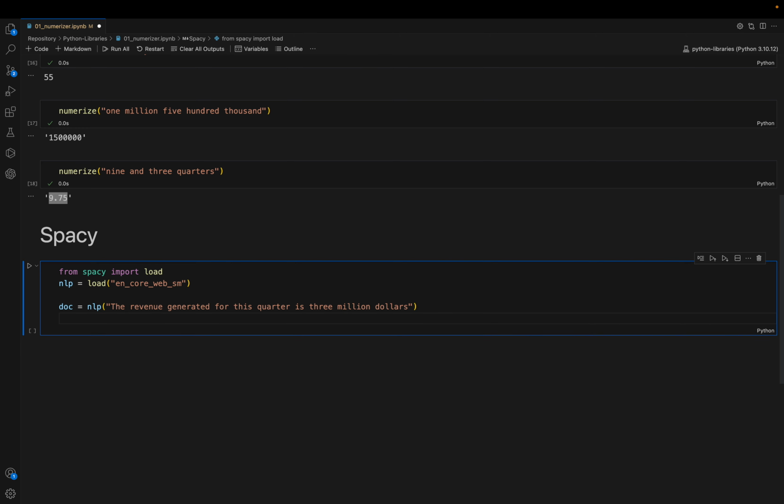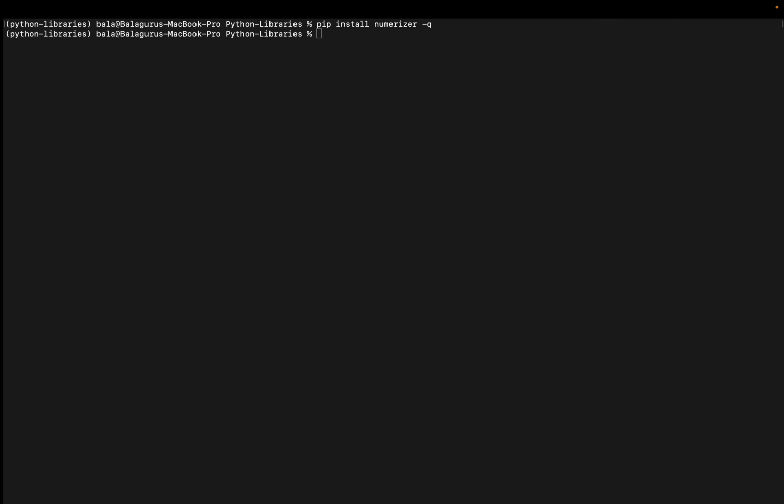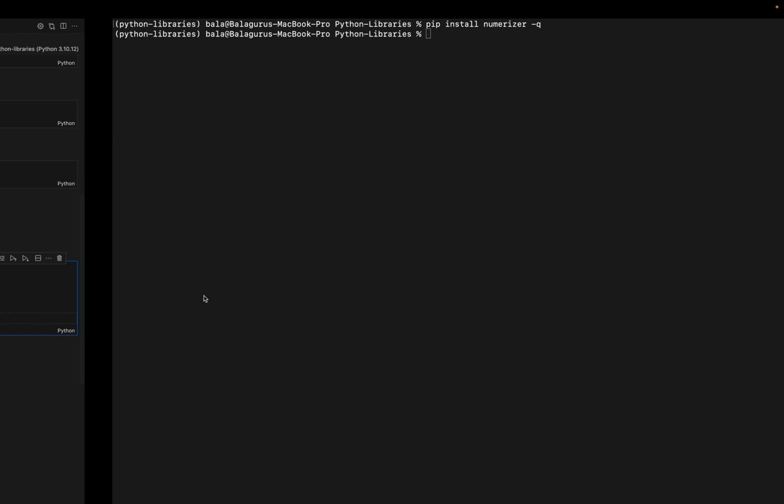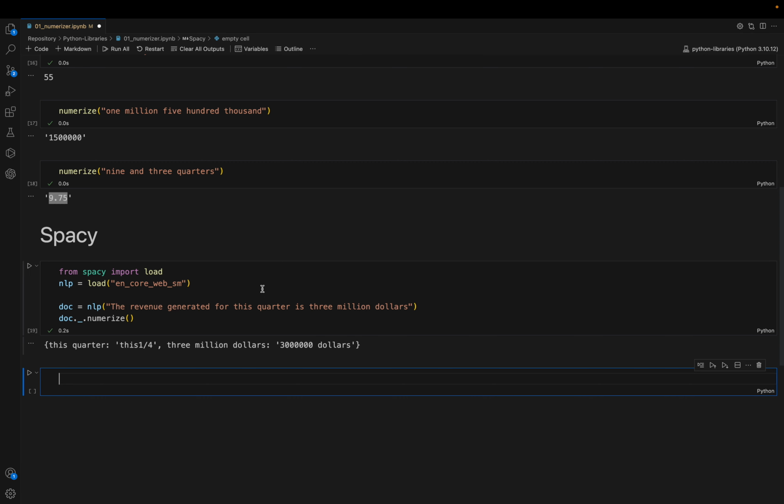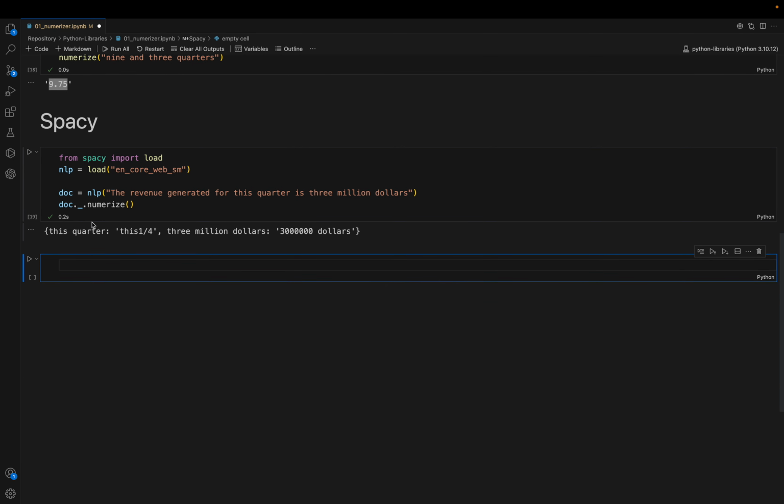Now let me try to use numerizer in this, doc underscore numerize. So what is it saying? This quarter, okay fine, it tries to convert this into 1/4, and then $3 million is converted like this, right? This is the way you can use Spacey to extract the numbers